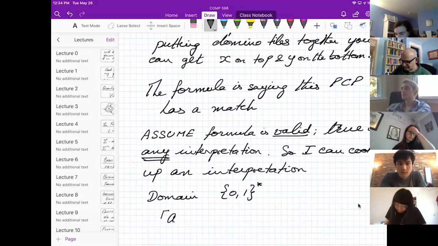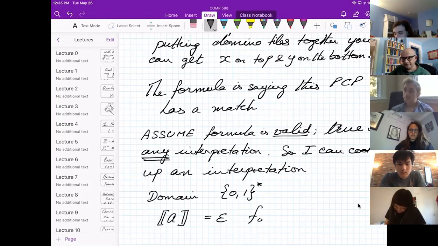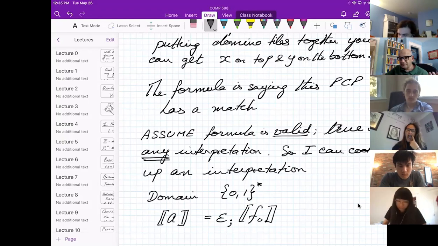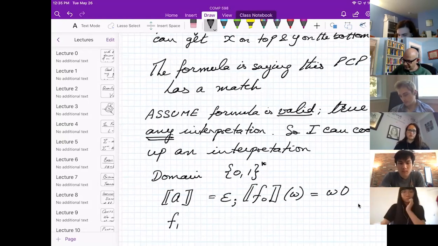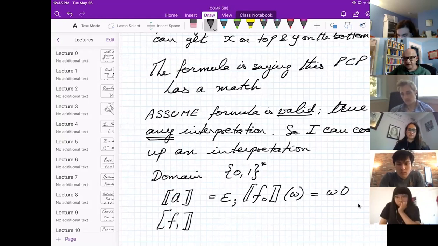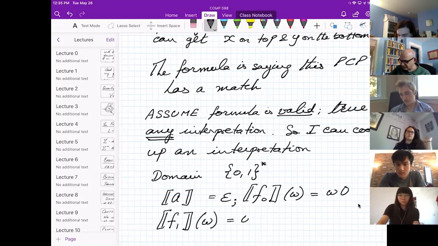The interpretation of this constant is the empty string. Interpretation of f sub 0, this is supposed to be a map from strings to strings. It's unary, right? So it takes a word W and it sticks a 0 at the end of it. The interpretation of f sub 1 is a function from strings to strings because strings is my domain. So it says, give me a word, I will stick 1 at the end of it.